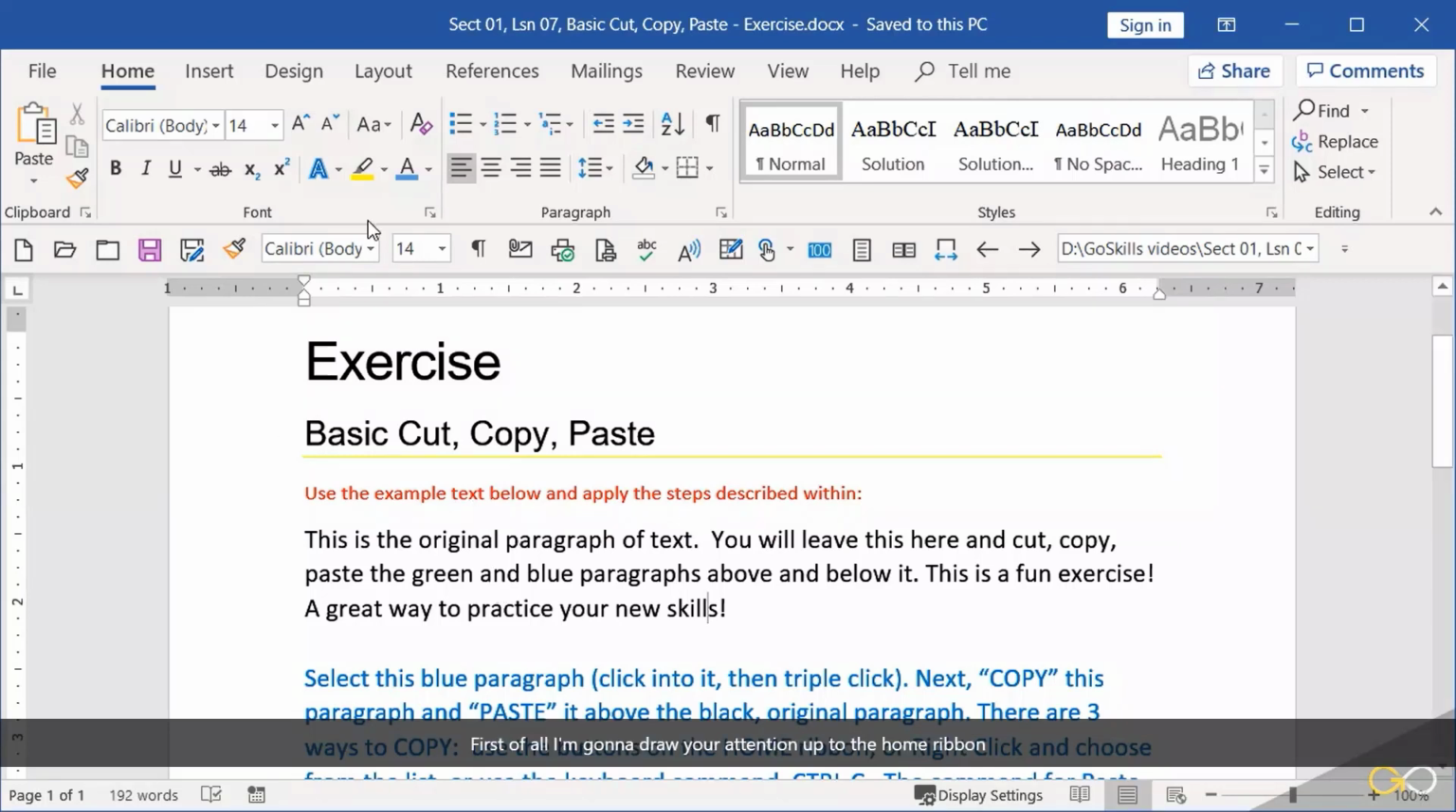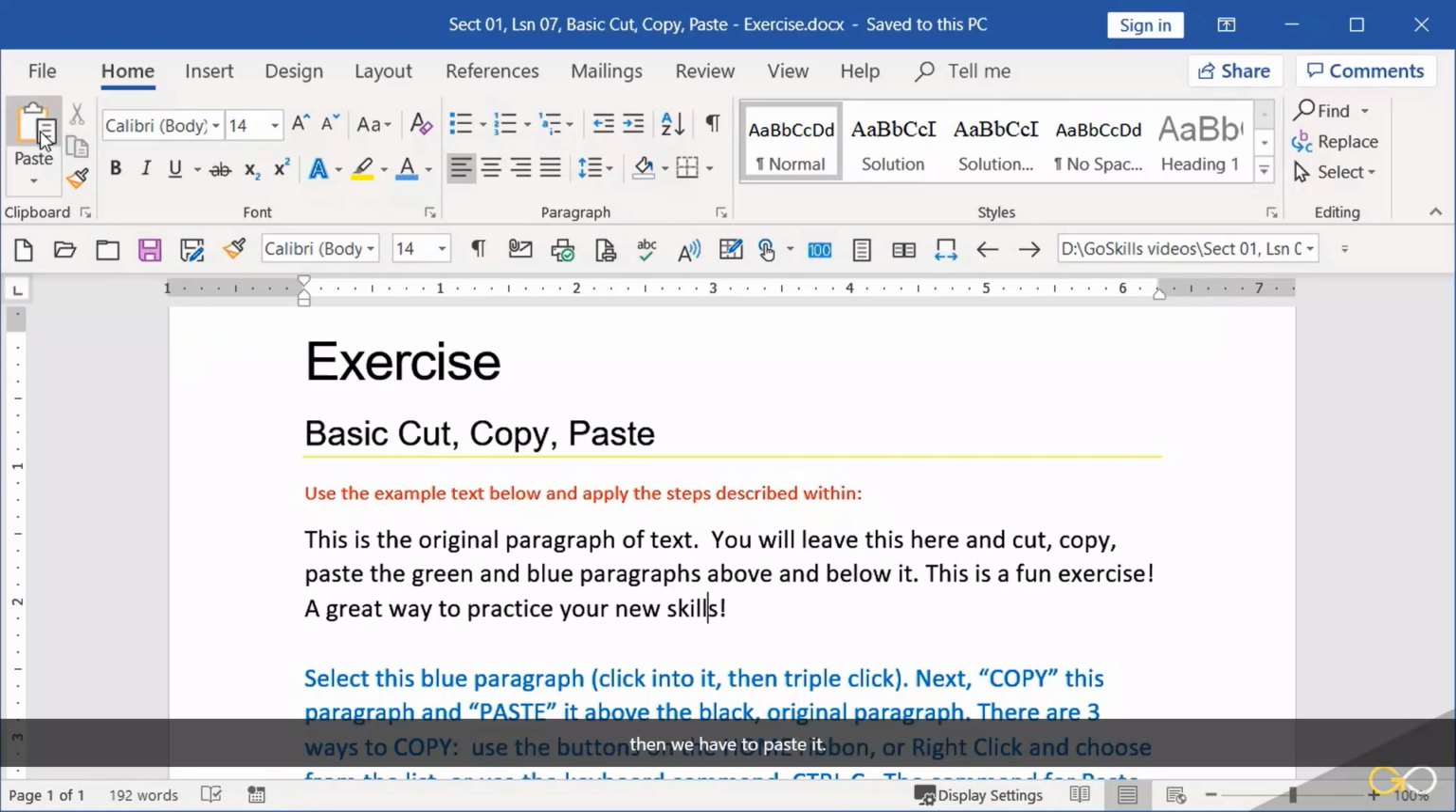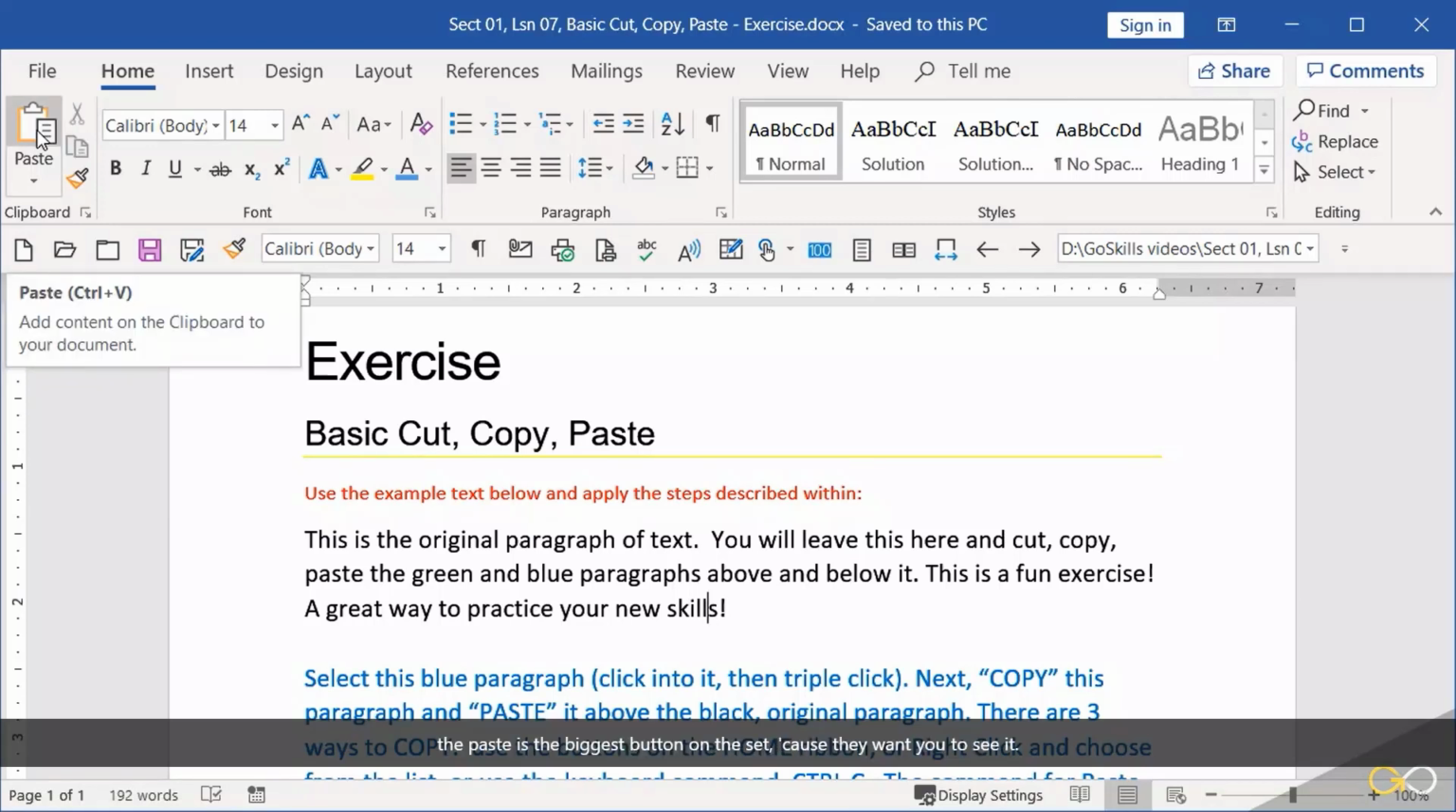First of all, I'm going to draw your attention up to the Home ribbon. On the very left-hand side is a group called Clipboard. In this group, we have the paste. Now, whenever we select text, we can cut it, we can copy it, and then we have to paste it. But I just want to point out the paste is the biggest button on the set